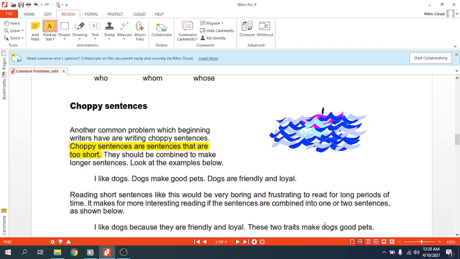Dogs menjadi them, biar dogsnya tidak berulang. Because again, in English you have pronoun, so the pronoun is used to substitute the subject or the noun ya, yang sudah disebutkan sebelumnya, itu diganti dengan pronoun so that you can avoid repetition. Ya seperti itu. Jadi kalian bisa lihat, rasakan, misalnya kalian baca I like dogs. Dogs make good pets. Dogs are friendly and loyal.